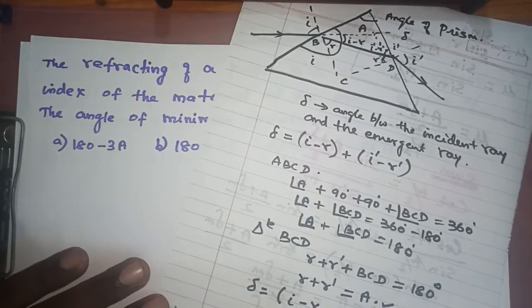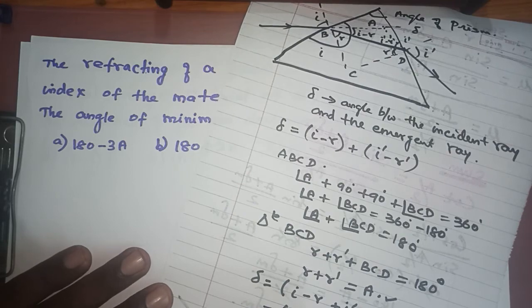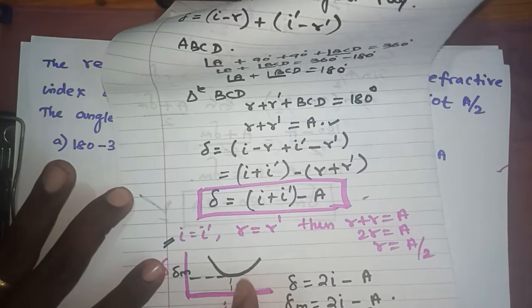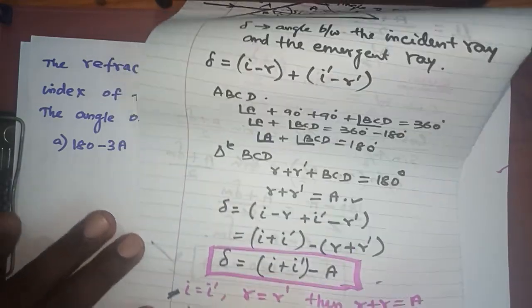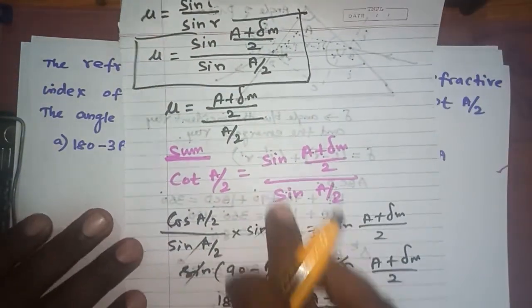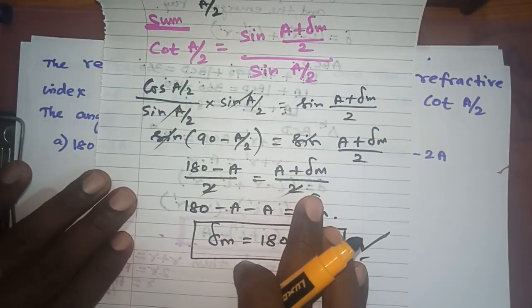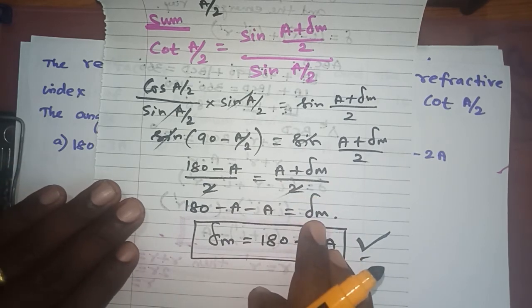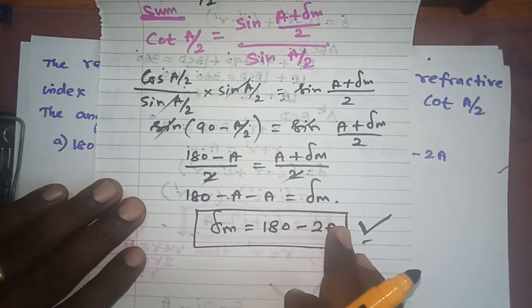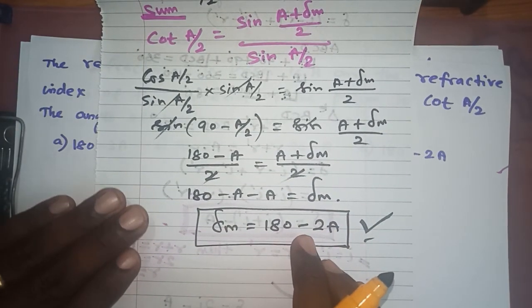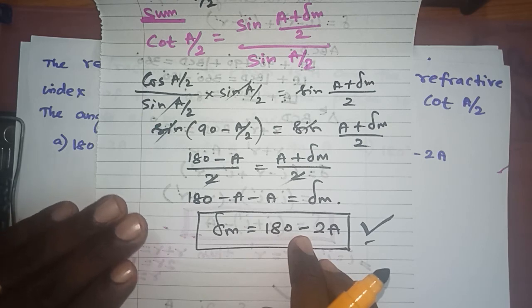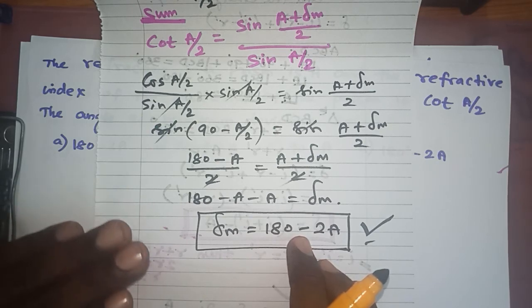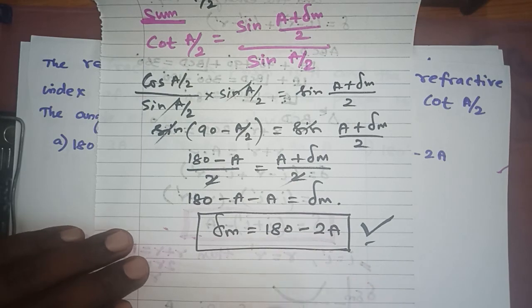You should also understand that as I increases, the deviation decreases up to one point, and then it increases to the maximum level. If you know this formula, you can solve this within one or two minutes; more than two minutes is too lengthy a time to solve this problem. So whenever you go through this sum, please go through minimum deviation, angle of prism, and how these formulas have been derived. It will be very useful for your examination.